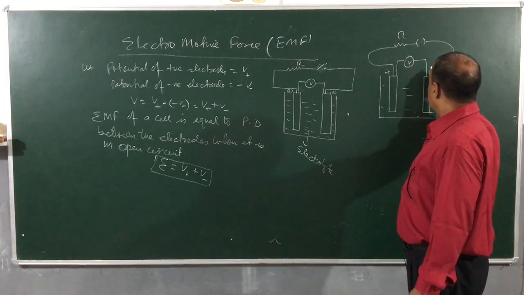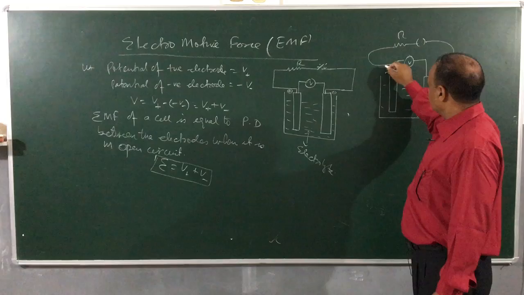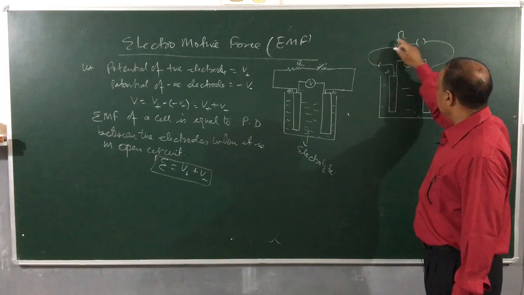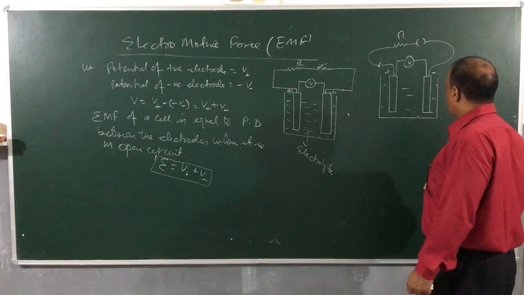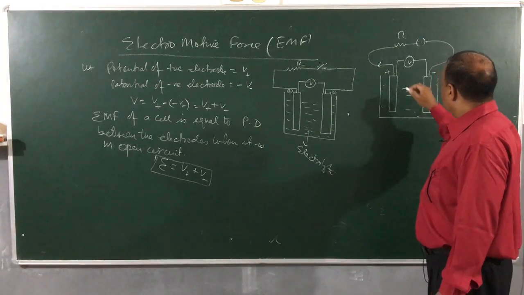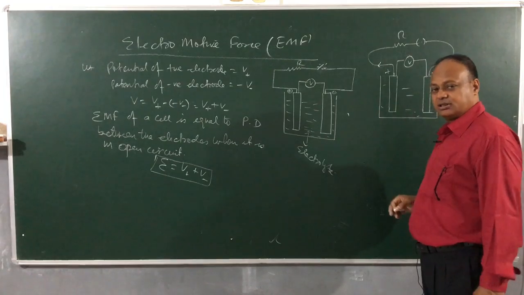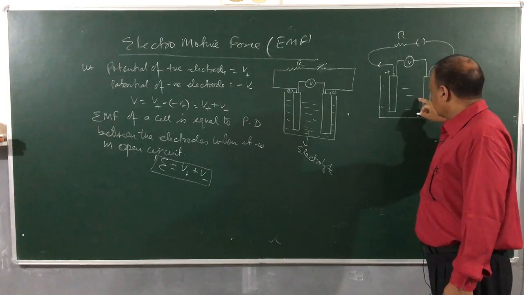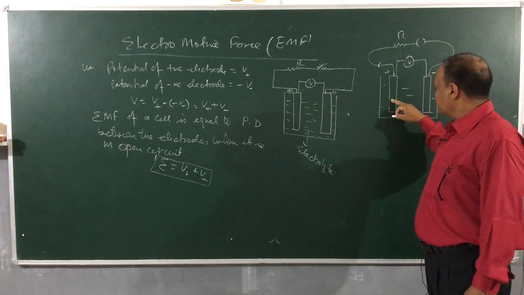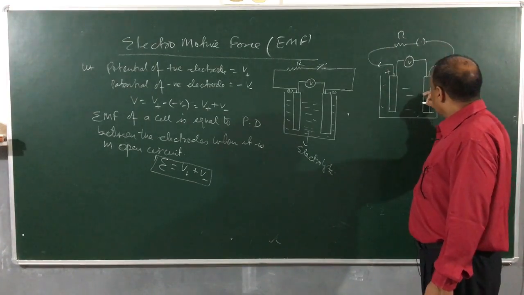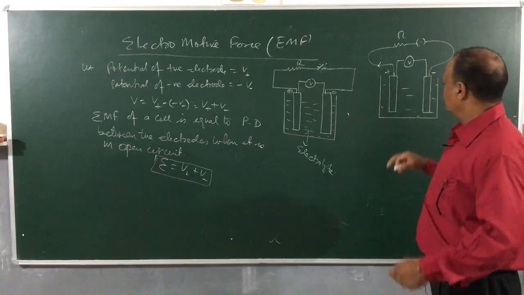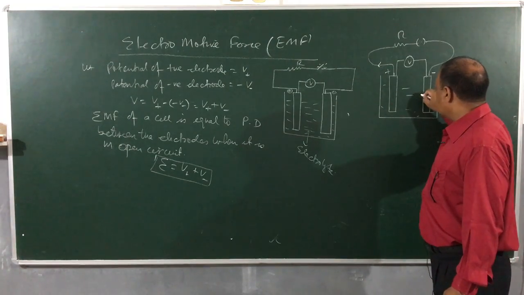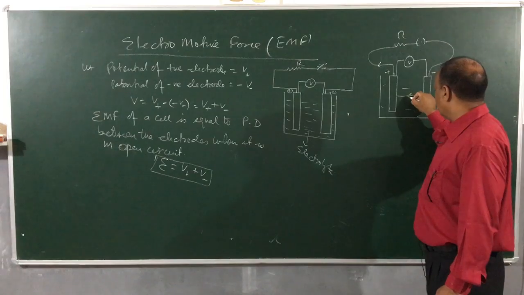You can see that current will flow from higher potential to the lower potential. In the external circuit, you can see current is flowing from higher to the lower potential. However, inside the electrolyte, the current will flow from what? Negative electrode to the positive electrode. You can see like this will flow. Between the two electrodes inside the electrolyte, the current has to flow from lower to the what? Higher potential. We can depict like this, something like this, the current will be flowing.